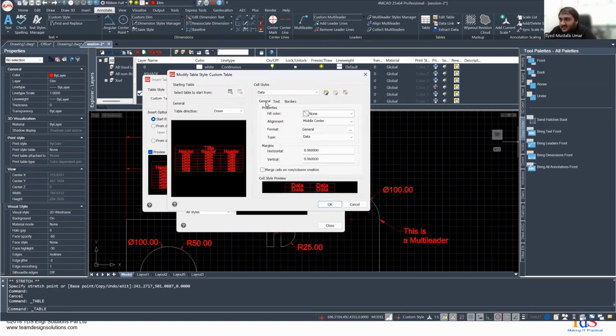You'll see that there is this general text and border section, and then there is the cell styles section and this table direction. So there's a table direction. Well, very simple: whether the table is going from top to bottom or bottom to top. The cell styles, this is for the specific cell that we are at, that we want to add properties to. So if we are looking at the title